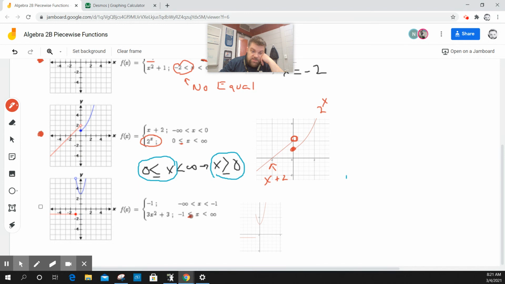So because this goes here, and this is the function that relates to that, the closed circle goes here, because that's the quadratic, and the open circle goes here. So this one doesn't work either. Okay, so it's just the middle two, and that is